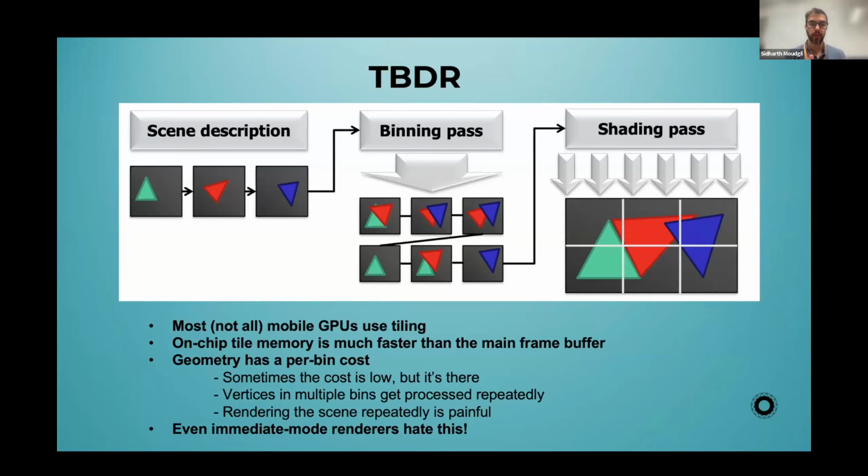The way it works is, for every pass, they take your scene and grab your geometry information in frame 1. In frame 2, they break up your screen window into multiple bins, sometimes called tiles, which is where TBDR, tile-based deferred rendering, comes from. And then in frame 3, for each bin, it will actually do the shading. Why is it done this way? Well, you also get a cool pre-Z optimization out of it for free.